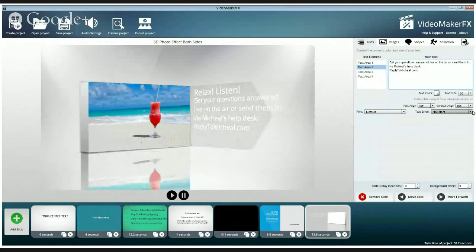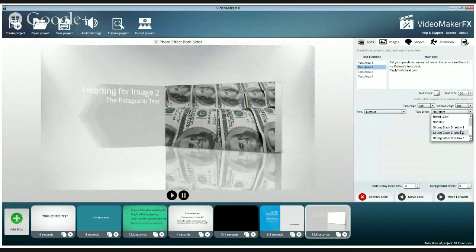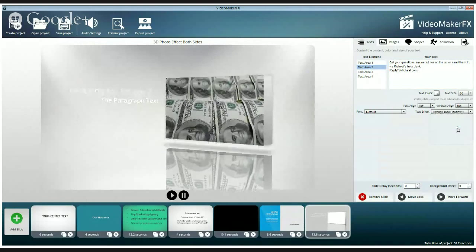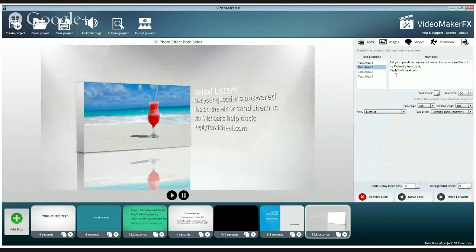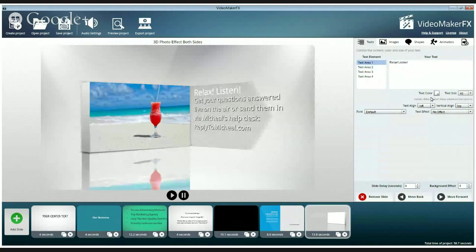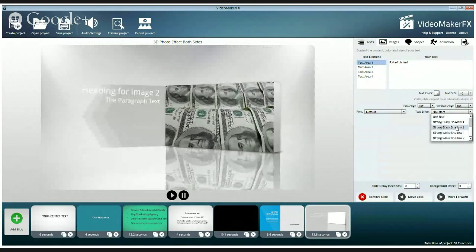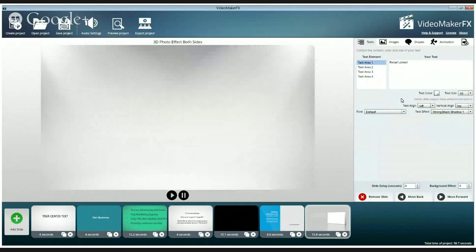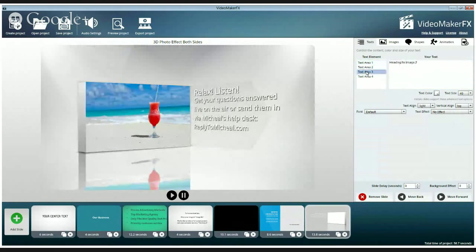And I'm going to put a text effect on that. A strong black shadow. Yeah, that looks good. And then I'll do that same thing for the relax listen. Yeah, that looks pretty good. Okay, now